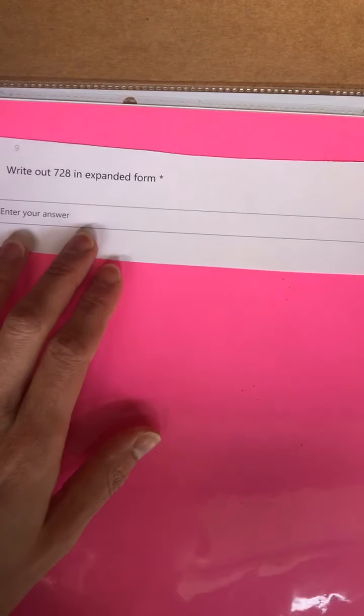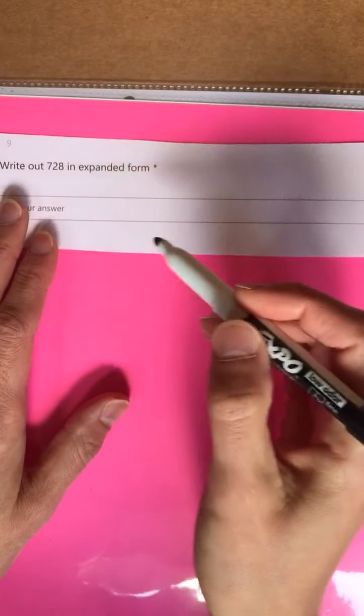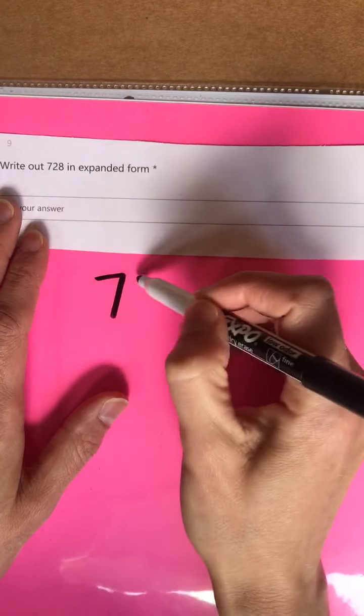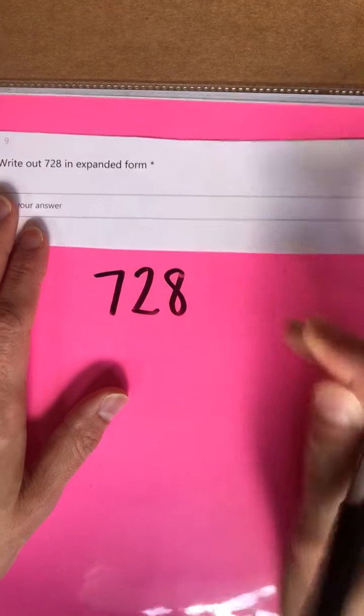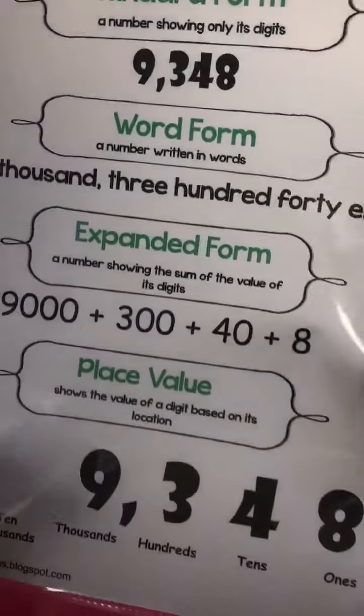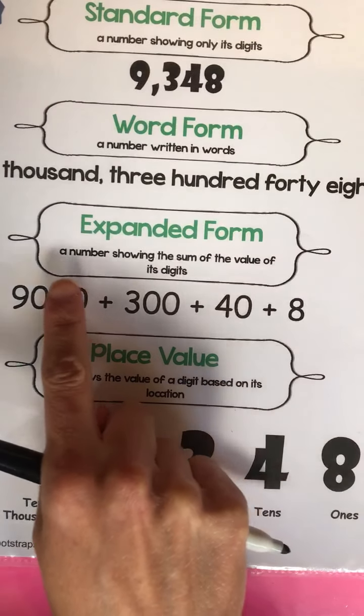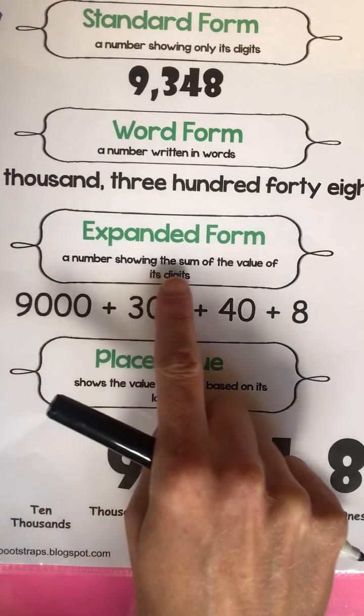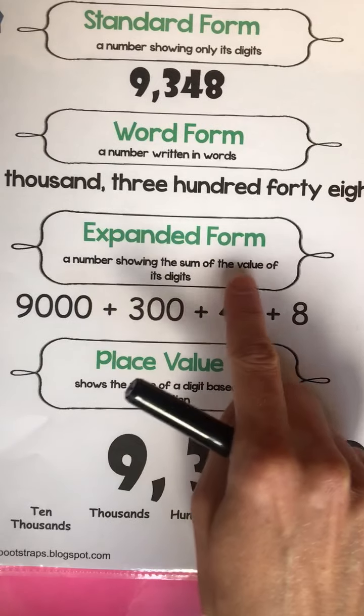Okay, friends, great job working on question 8. Let's take a look at number 9. This number 9 says you're going to take the number 728 and you're going to write it in expanded form. If I look at my reference page, expanded form is a number showing the sum of the value of its